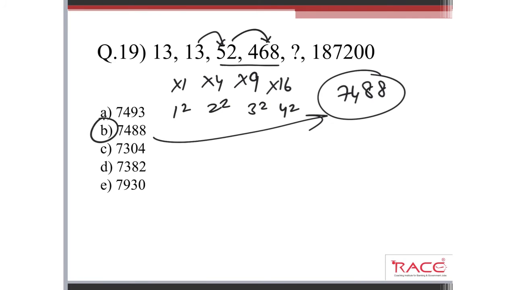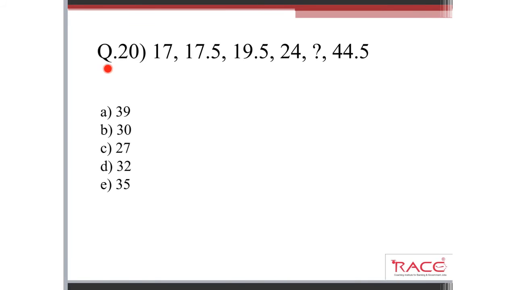Multiplication should also be very good in this case. So this is question number 19. Next question is question number 20, a tricky but simple question. So let's solve this question. Find out the difference. The first difference is 0.5, then this is 2, then we have 4.5. Next two differences: if we find the difference here, 1.5, the difference here 2.5, next it can be